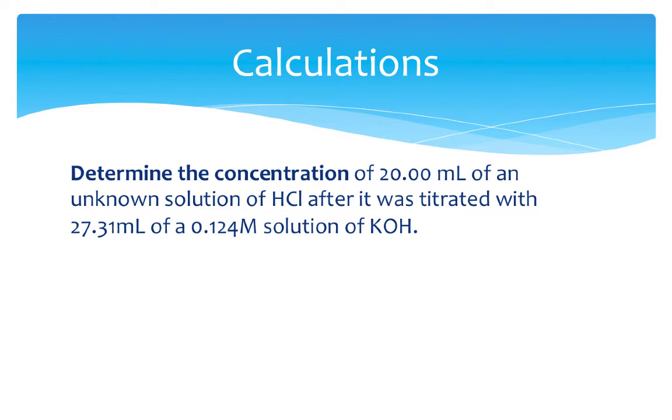We're going to be asked to determine the concentration of 20 milliliters of an unknown solution of hydrochloric acid after it was titrated with 27.31 milliliters of a 0.124 molar solution of potassium hydroxide. I do not expect at this particular point in time that you can do a calculation like this, but I should be able to show you the mathematics associated with this calculation, and what I'm hoping is that it looks